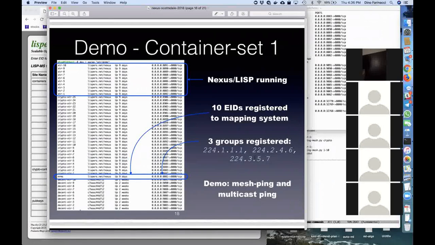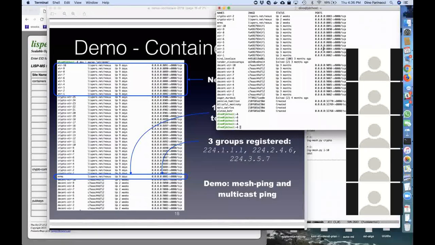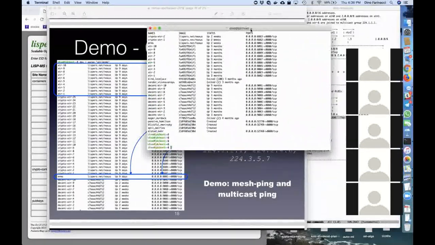Basically, the Nexus is running. It's not doing anything interesting, but just keeping up the TCP connections. But I'll run some mesh pings to show you that we can send packets to all 10, and also multicast ping. Okay, does that seem pretty clear? Okay, so